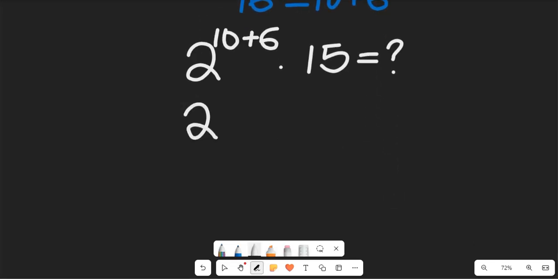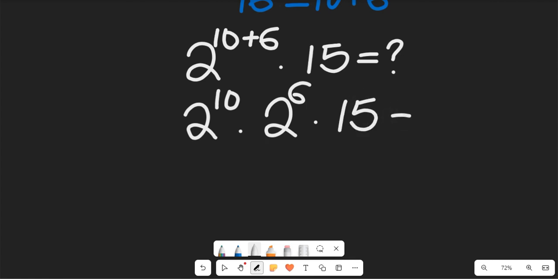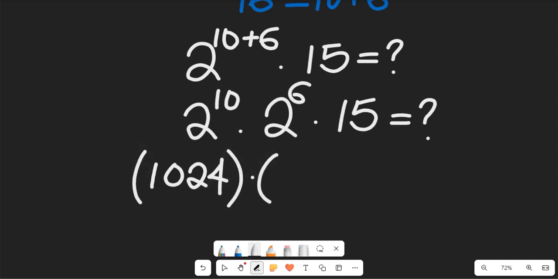So this will give us 2 to the power of 10 multiplying 2 to the power of 6, right? And this will be multiplying 15. All this will give us what? If I simplify this, 2 to the power of 10, if I multiply 2 times 2 times 2 times 2, that will give me 1024, right? That can be simplified, multiplied by 2 to the power of 6: 2 times 2, 4, 4 times 2, 8, 8 times 2, 16, 16 times 2, 32, 32 times 2, that will give me 64. So I will have this to give me 64